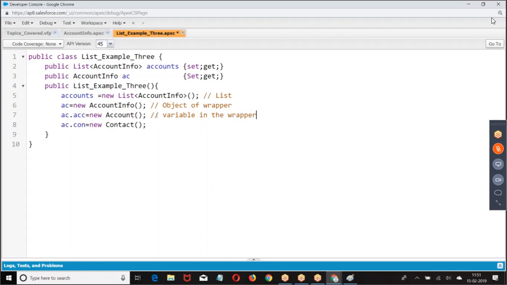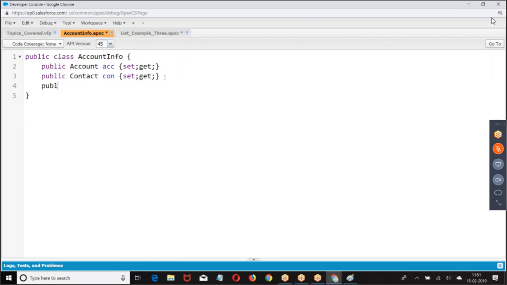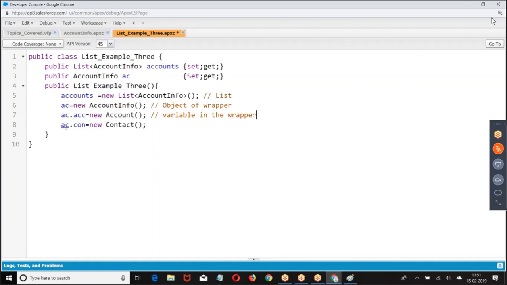That variable is a reference variable. Suppose if I have something like this, public boolean, then no need to assign the value here. I will not assign AC. Okay, AC dot flag equal to true or false. It is a primitive. If it is a primitive, I can take it straight away.